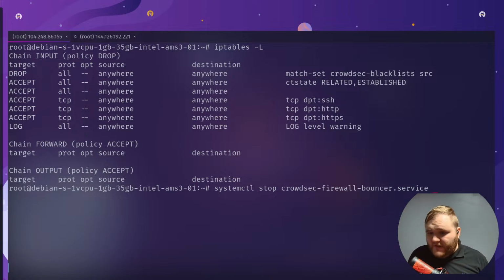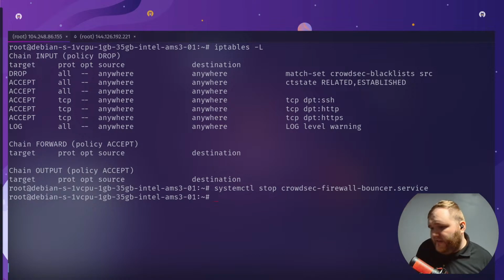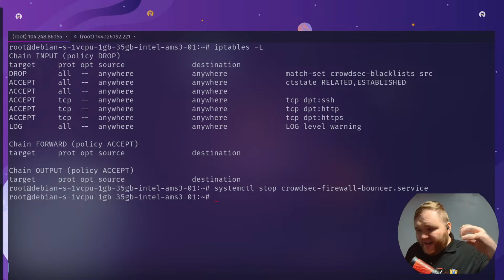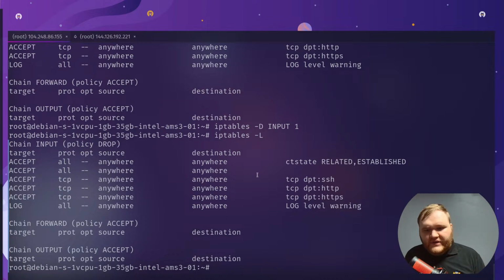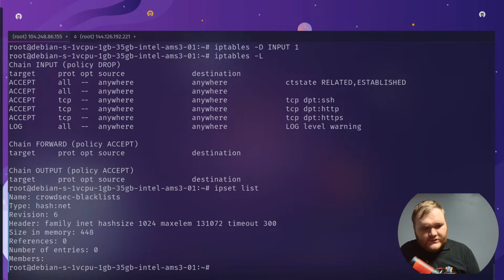So the first thing that I'm going to do is stop the service, the CrowdSec Firewall Bouncer service. The reason is because I want it to bring itself down and remove any of the chains and any of the configuration that's already spun up when it's in managed mode. So we can see here that it didn't remove it, so I'm just going to run iptables delete input 1, and that will then remove that command. And then if I also do ipset list, we also need to do